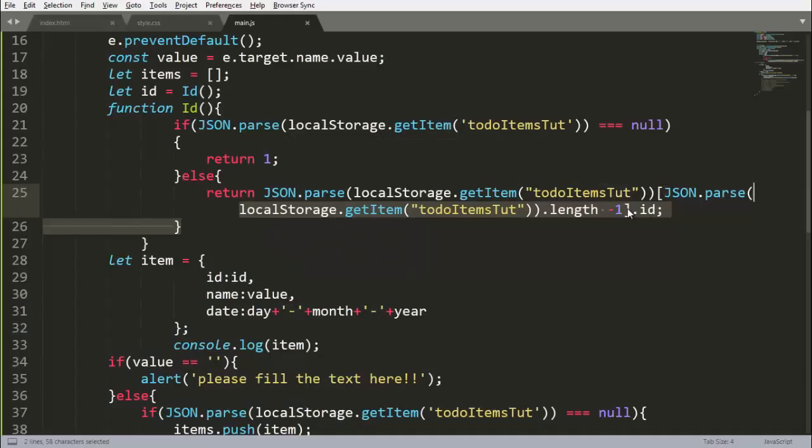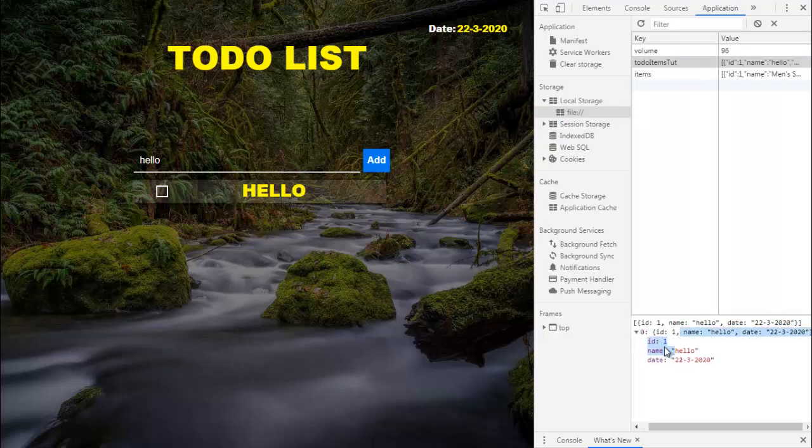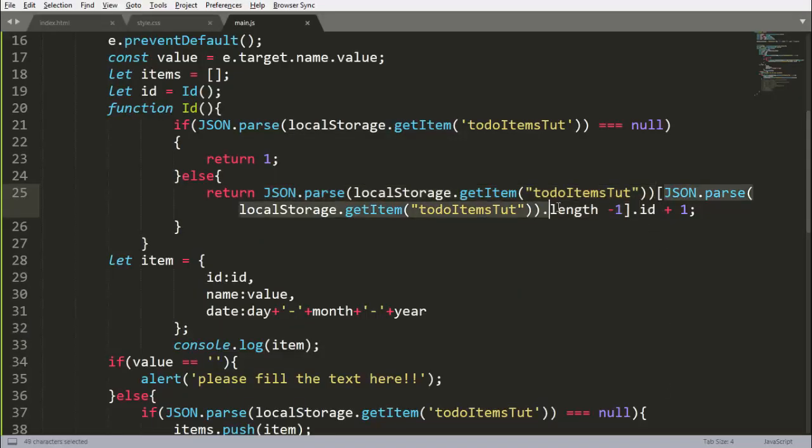So for that, simply add to that id here, .id plus 1. See that this will give us this value, and this is returning an array and its length is 1 here. See that its length is 1. And we will access this id here. So this whole line will give us the length.